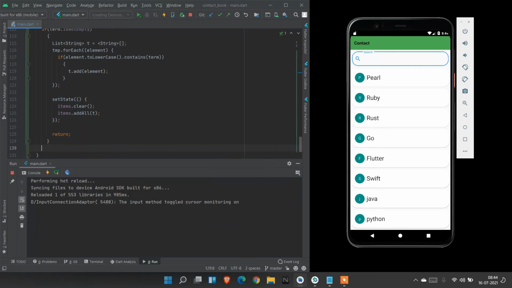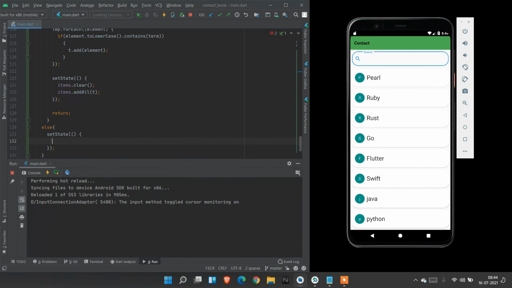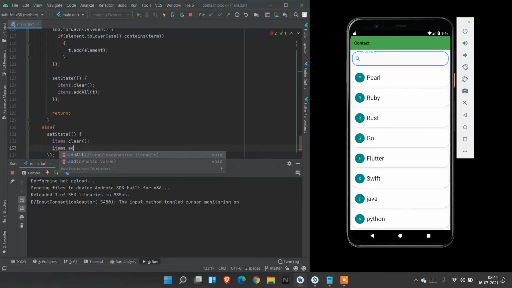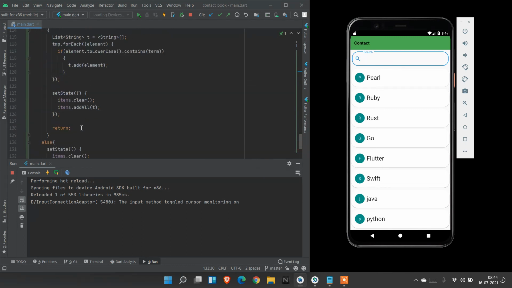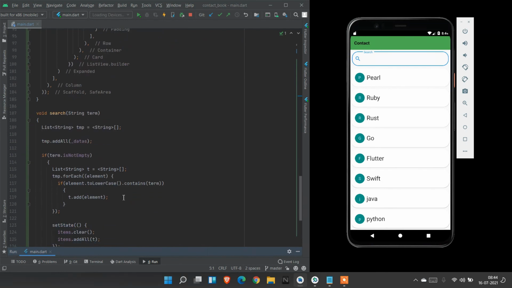Now we are going to create an else part for this. If the element is not found, we are going to return the same original list. So items dot clear and the original data list will be in datas. So I add datas here. Now we are going to implement this method inside this search bar.